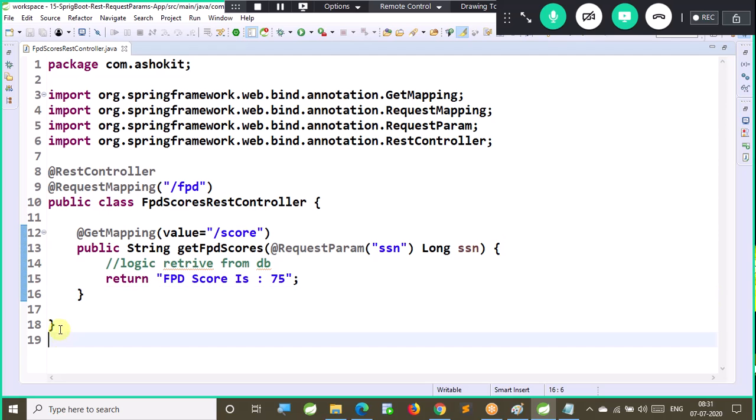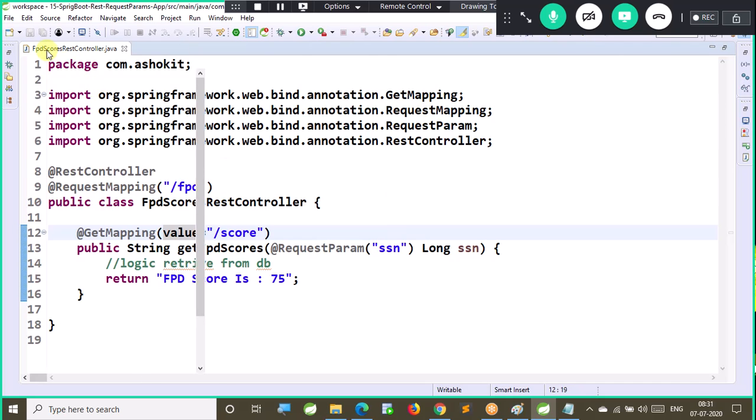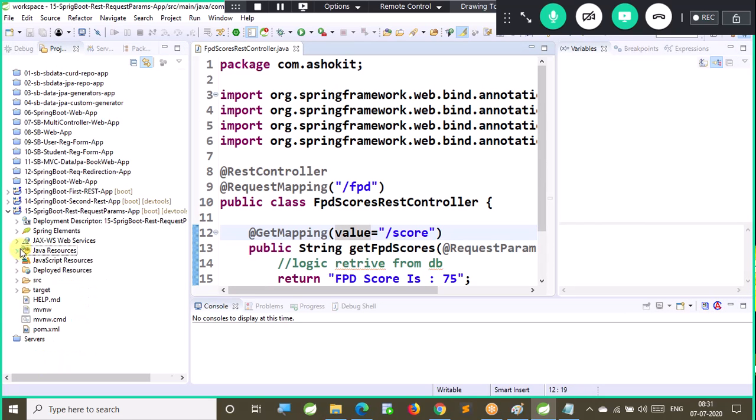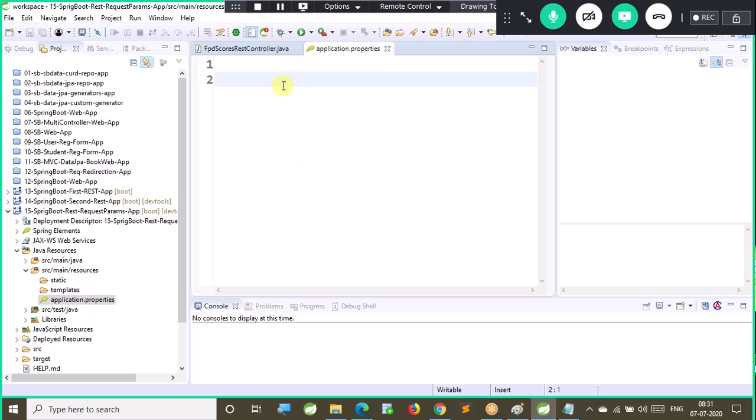All right. I hope all of you are clear with this REST controller and REST controller method also. Let's test this. Before going to test it, I'm going to change the port number of the embedded container. By default, it is going to start with 8080. server.port is equal to, I will give 8081. The default container port is 8080, but in my machine, an Oracle DB server is running on 8080, so that's why I am changing the embedded container port number from 8080 to 8081.